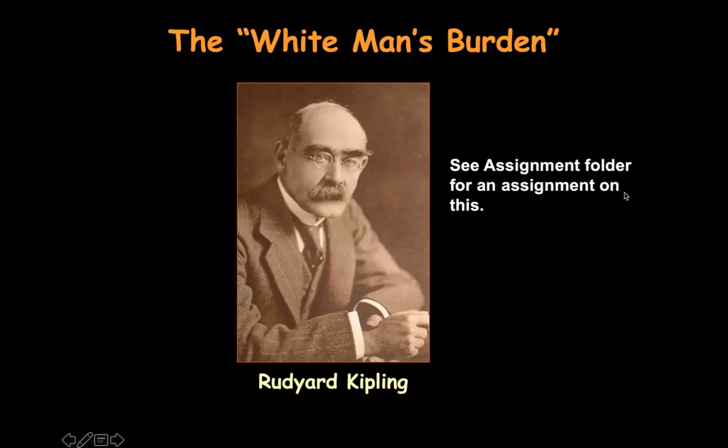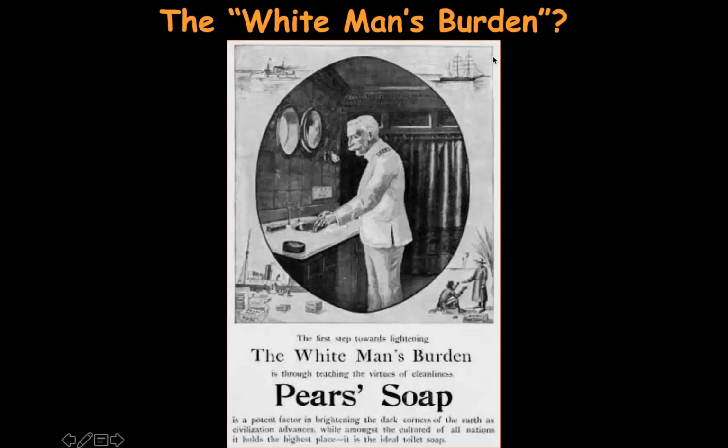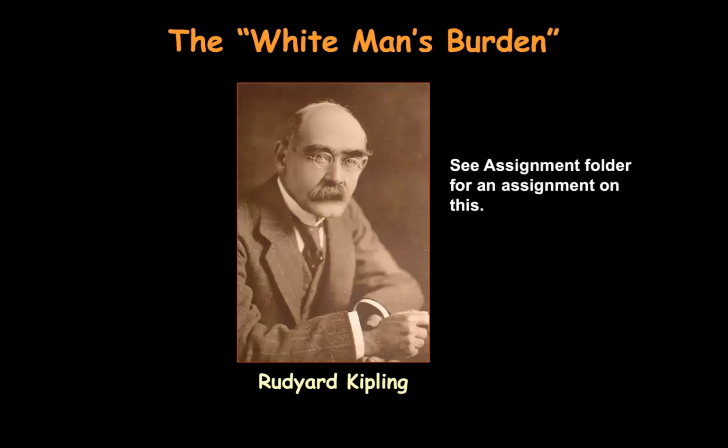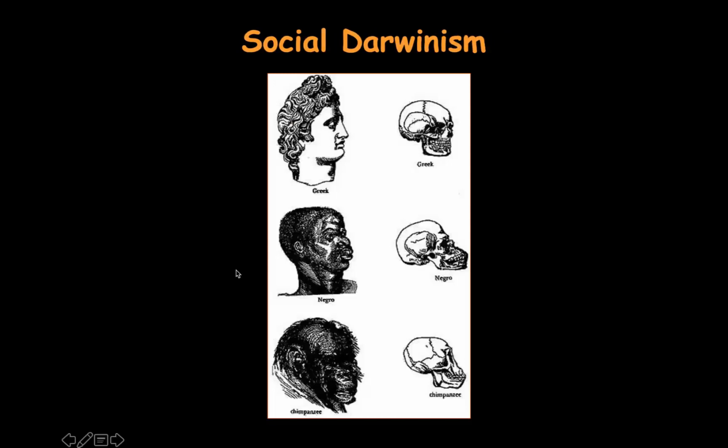Okay, this guy here, a well-known poet named Rudyard Kipling. He is going to be somebody that you're going to get an assignment for, so don't forget to look for that. But he creates a poem that is going to be adopted by Western nations called The White Man's Burden. What is the white man's burden? The white man's burden is to basically educate or civilize people that are not white, to make Negro people, for instance, and any other group more like white people over time.